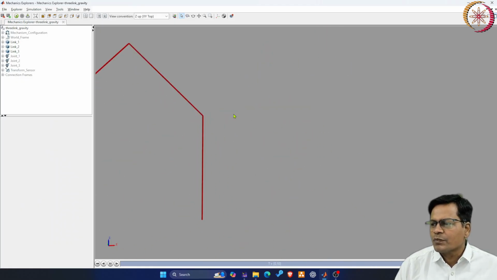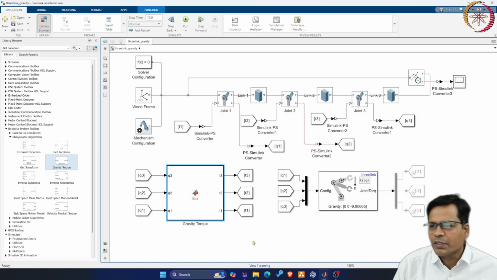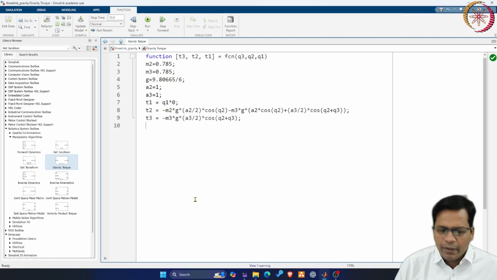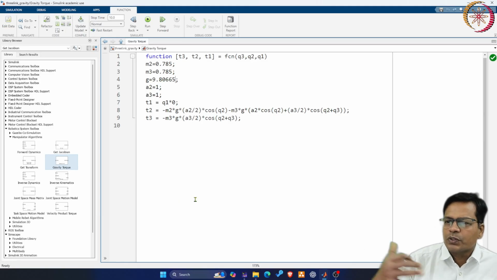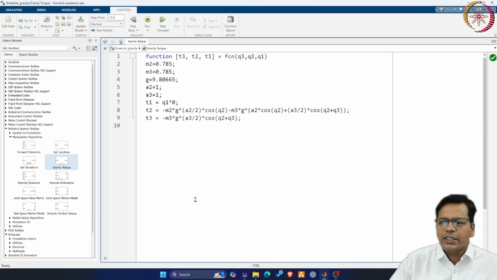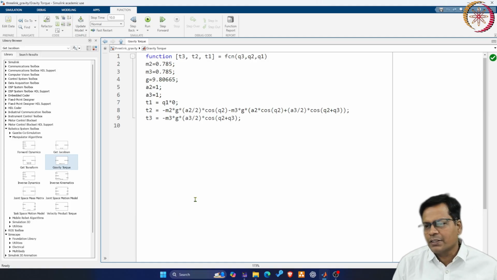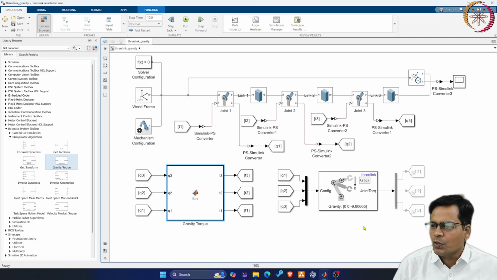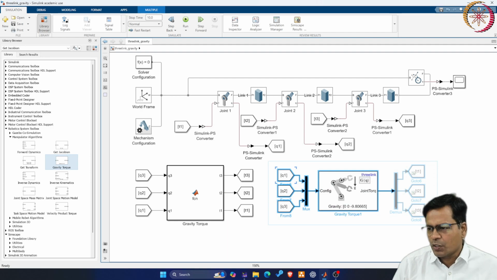So that becomes my gravity compensation torque. This is the physical significance of having a gravity compensation torque. It makes you feel as if there is no gravity at all. So as long as you keep on compensating it, the robot behaves equally in all the directions. So robot comes to space. So this is gravity compensation. I'll leave it in remark. I won't be using this from the robotics toolbox.